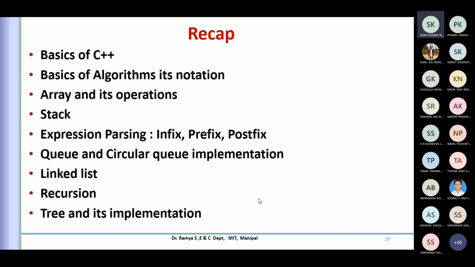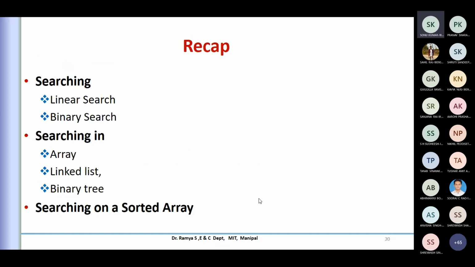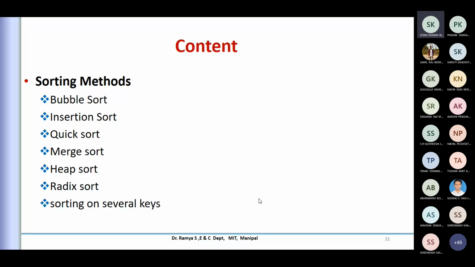Okay. So these are which we have already covered, and these are the portion for your exams. Till the tree and its implementations and all the related information with the tree will be there. I started with searching, and we have seen there are two main types of searching which we focused on: linear search and binary search. And we have given an example with array and how to do it with the linked list and a tree and so on. Then we started with the sorting methods.